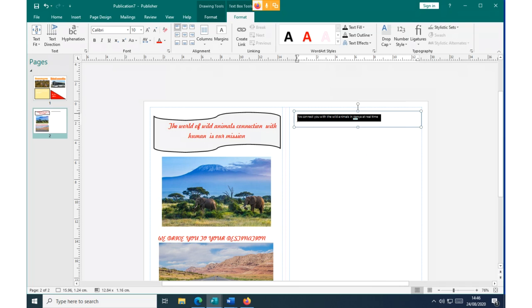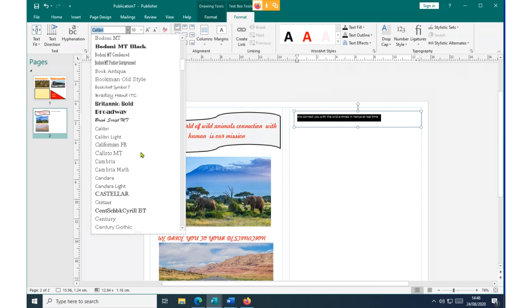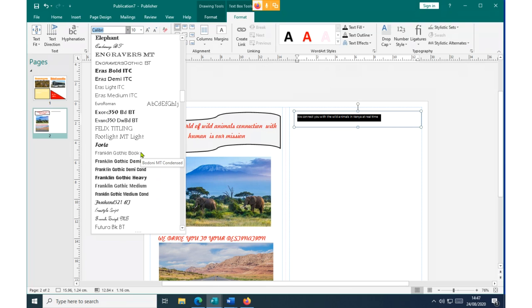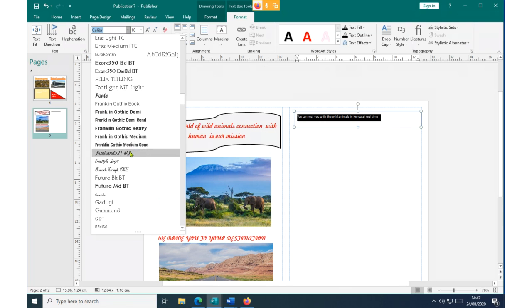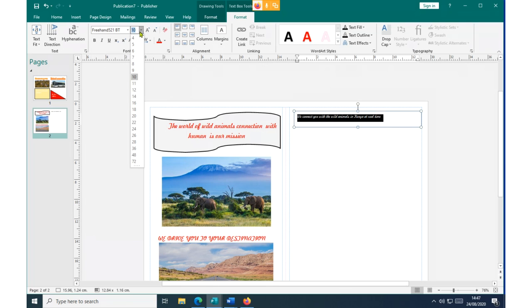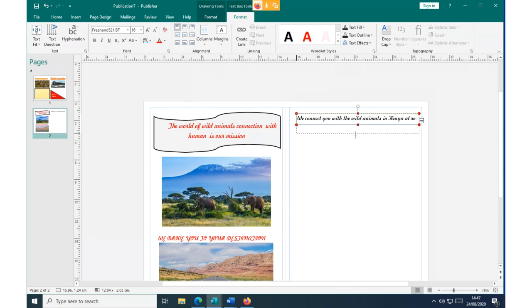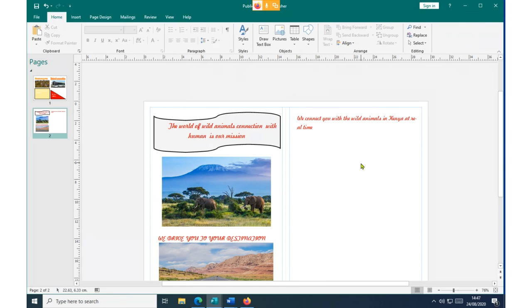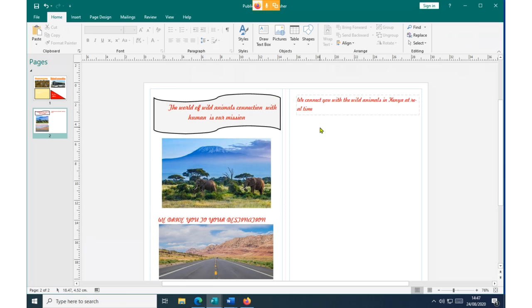Again, I select it. I go back to my font. Again, use the same font. Remember, I'm taking all this time so that you don't get lost. And then again, I increase the font size. I place it maybe 16. I drag downwards to see where it's visible. And then again, change the color. I use the color consistency. I use red. Then from me again, I put another simple picture to reflect this information.